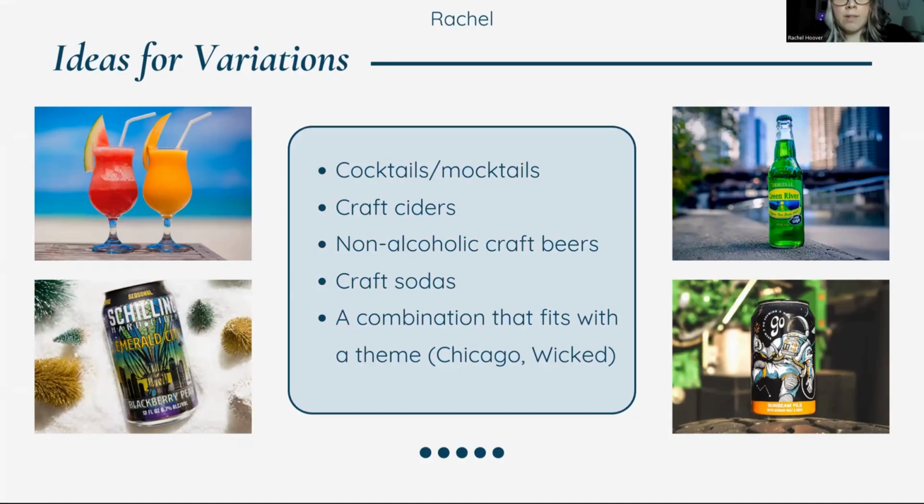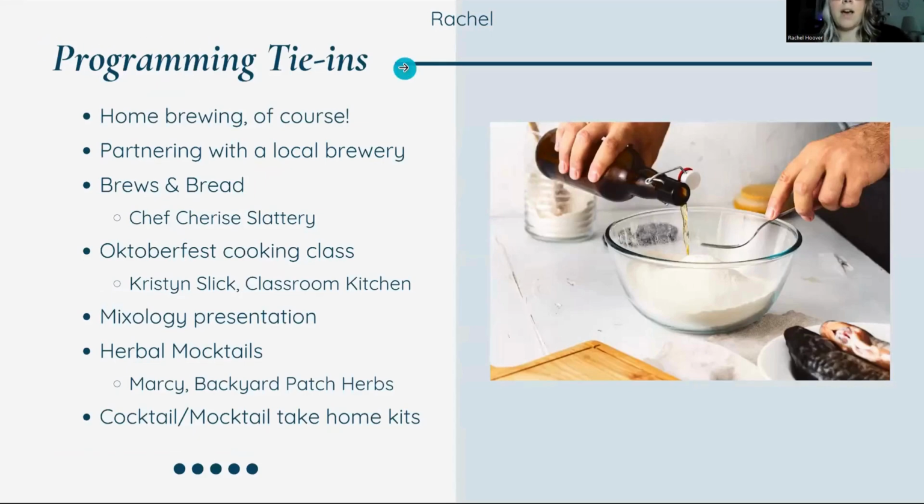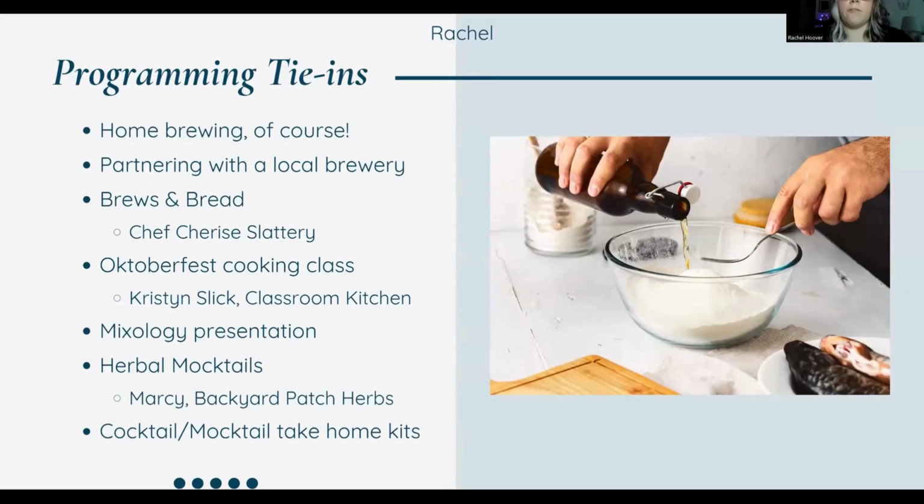Craft sodas are another non-alcoholic option. They typically stick to standard beverage names like root beer, cola, cream soda, but there are exceptions. So Sprecher is one of the major soda manufacturers, and they do special releases for some video games, Assassin's Creed or Doom. Plus, they have a Chicago-style root beer and Green River that could be paired with books set in Chicago. So in some of these cases, it might take some work to find enough for a full display,